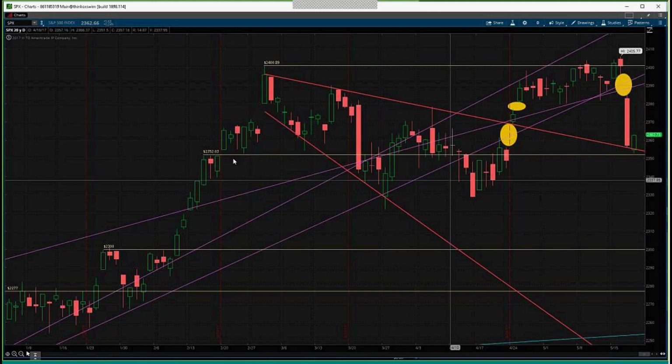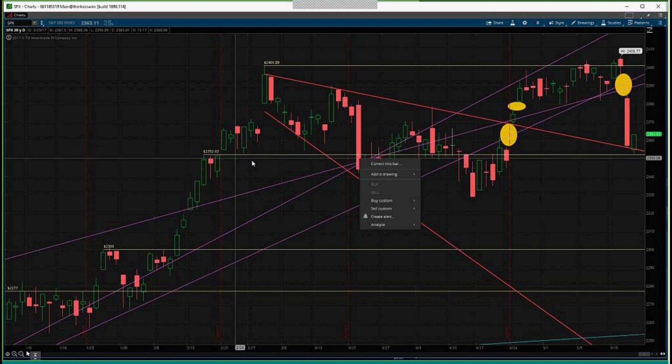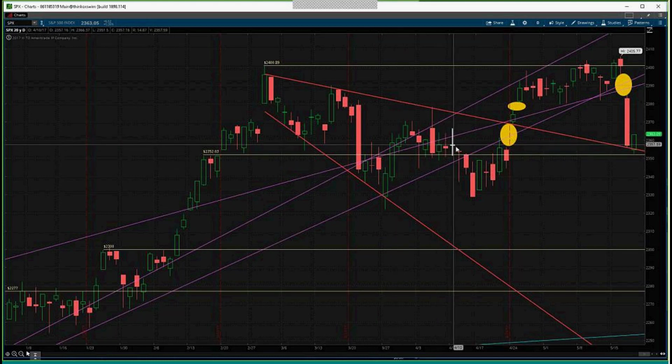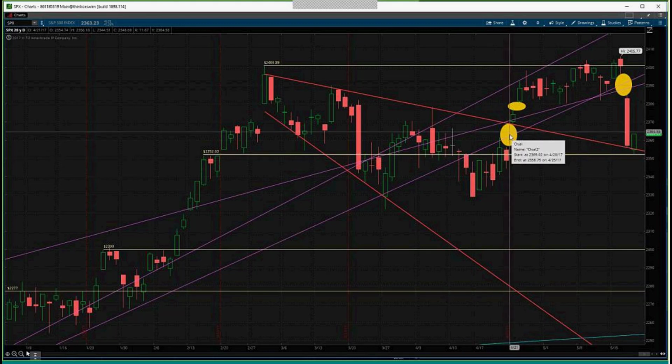And the fact that we came back to a pretty significant level. You can see that even when we had the huge sell-off on the 21st of March, which, by the way, was a bigger sell-off than we had yesterday, on that single day, you can see that just above the 2350 area acted as resistance. We got above it, it acted as support. We broke below it. And then when we finally got through this, now this is what made this day so significant. This was the close on Friday, 421. We gapped above that support line. We gapped above